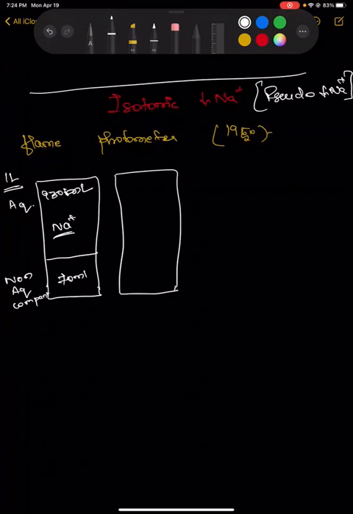But what happens when there is an increase in the non-aqueous compartment? Still my sodium is going to be here. For example, this is 900 ml and this is somewhere around 100 ml. My sodium is still going to be counted, because the sample withdrawn is going to be from the entire intravascular compartment. So I cannot tell you this as a dilutional hyponatremia, because the water content is the same. We shouldn't call them solute particles because they are osmotically inactive. But there are certain substances which have increased inside the plasma compartment.